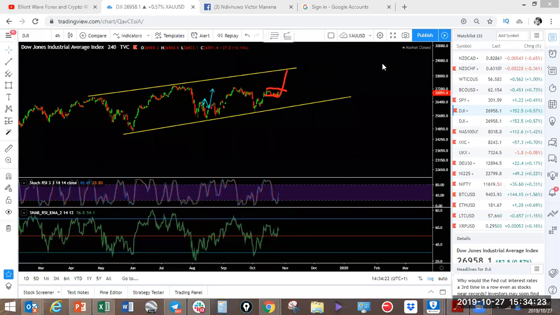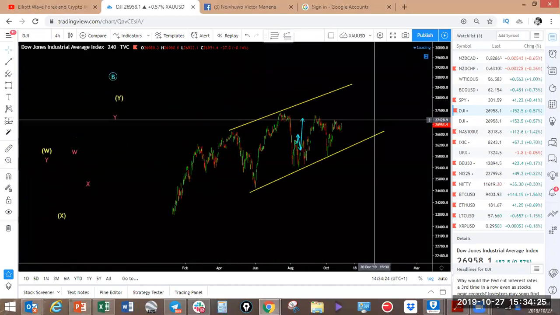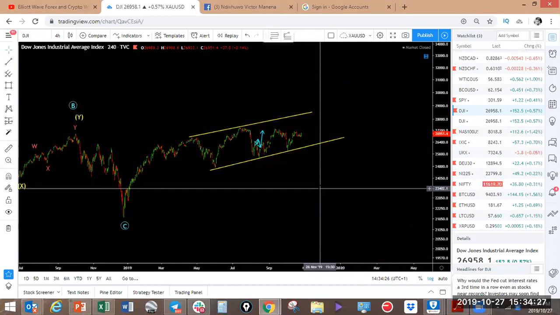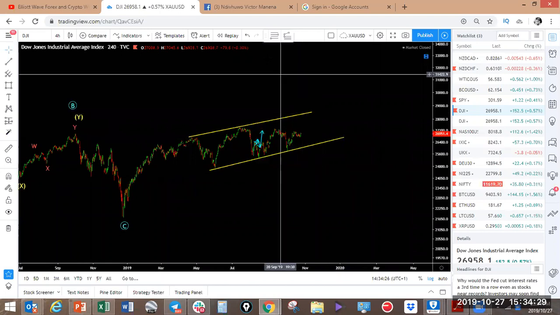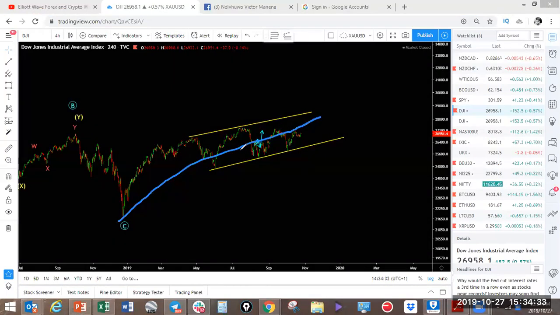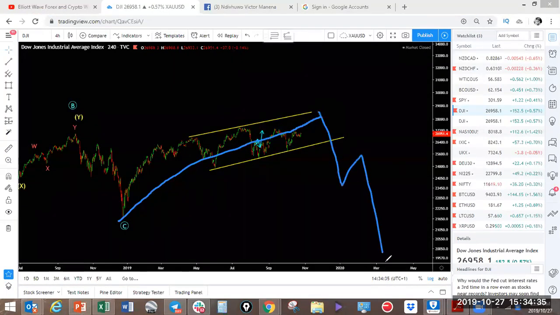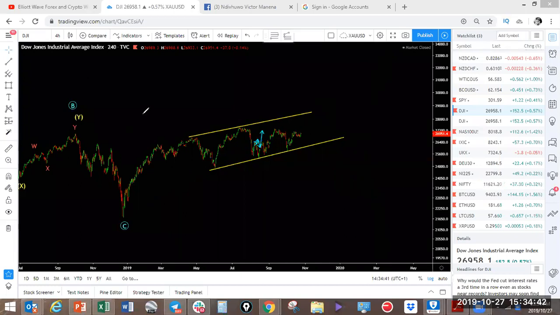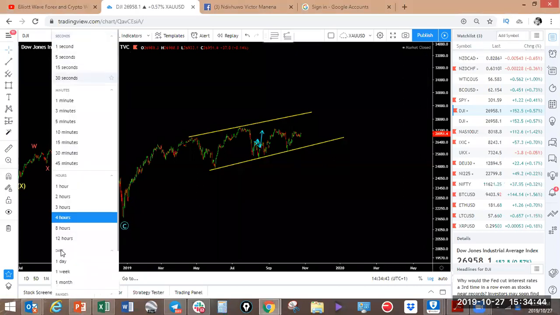We're still within the diagonal as well on the DAX. Not the DAX, the Dow. On the Dow, we're also on the diagonal, an ending diagonal in wave 5. Ending diagonal there in wave 5. So eventually this should also make a pullback to the downside. This is when everybody is going to be thinking the market is crashing. But yes, it's going to be a significant move, because if you look at this,